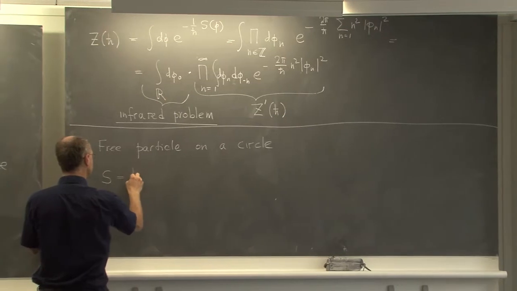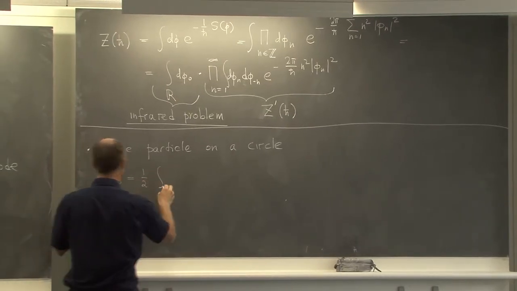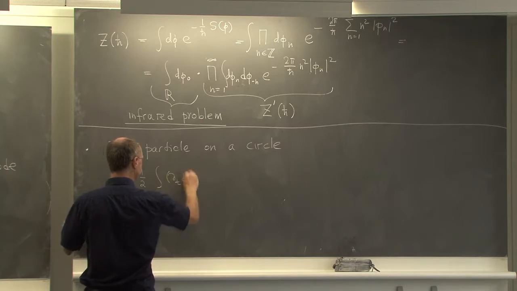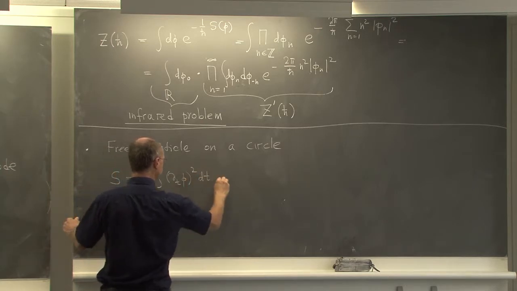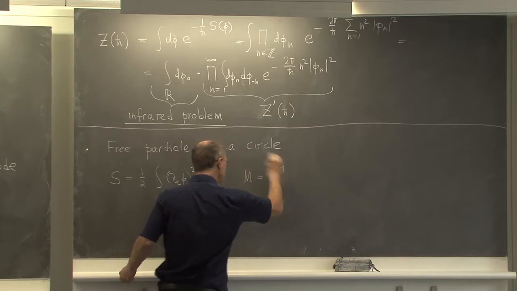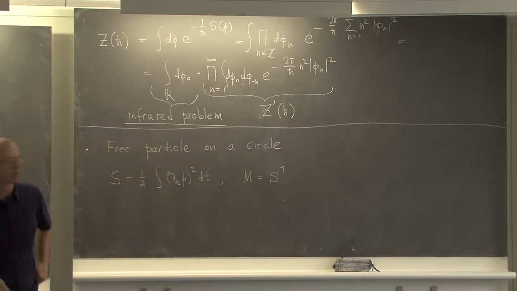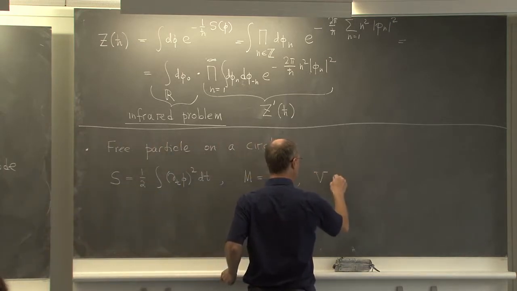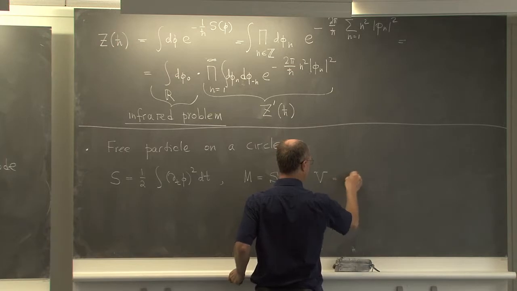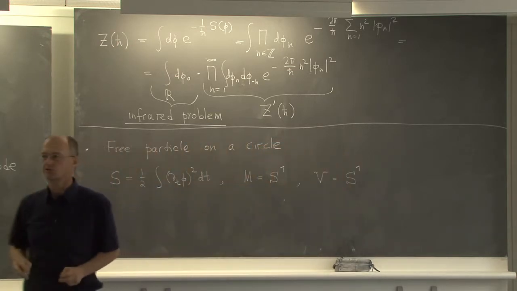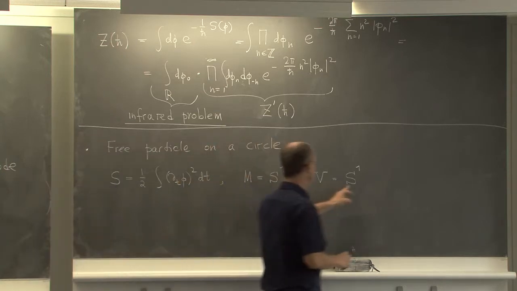So the action is just the same. So the space-time is the same. However, the target space V will now be a circle instead of the real line. And let's assign it a radius